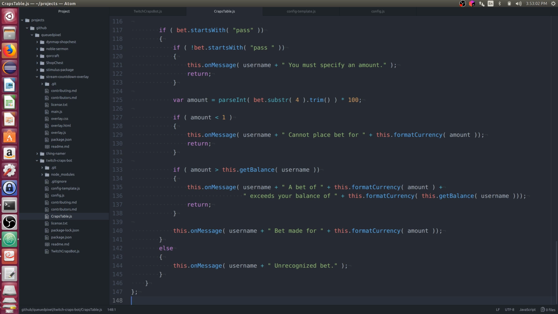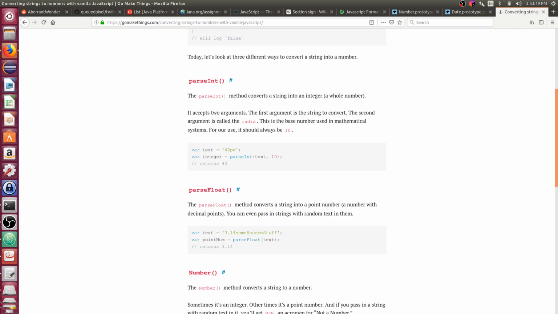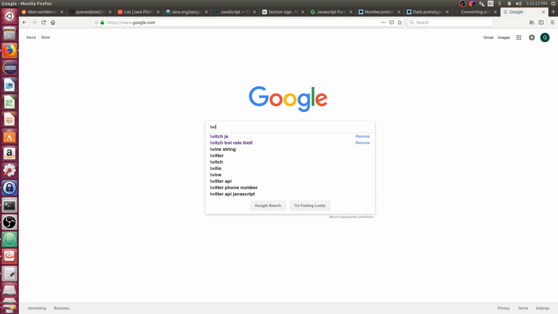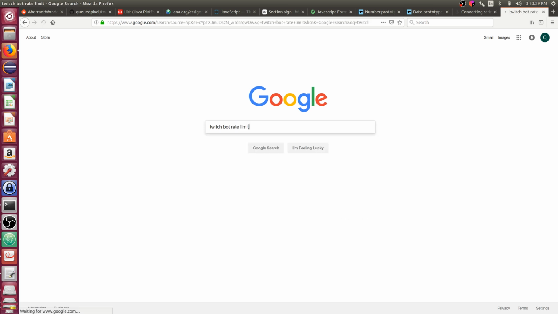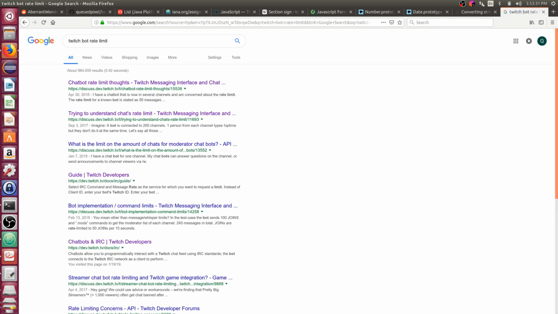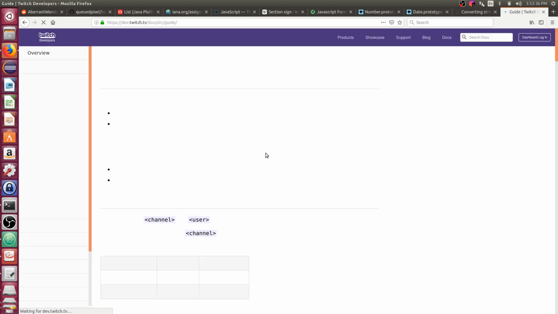If this bot becomes popular and I really want to make it an effective bot, I'll probably want to have it whisper people. But in order to whisper more than, I think, 400 people in a day, or whatever the rules are, let me see what the rules are. There's Twitch message limits. Now it's Twitch bot rate limit, I think, is what I want to look for.